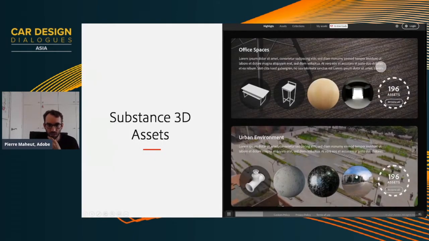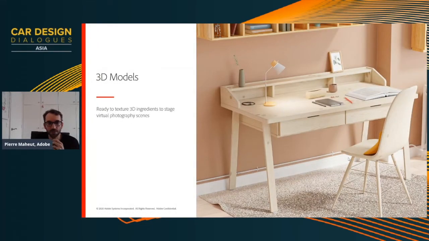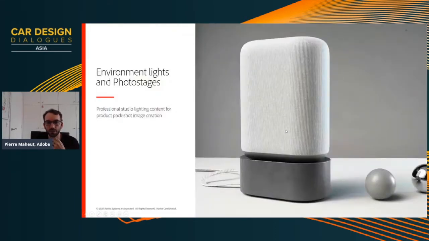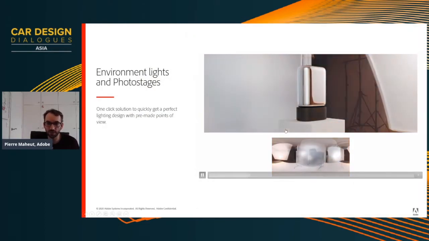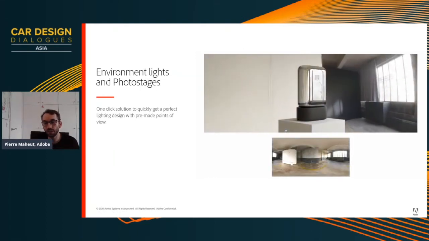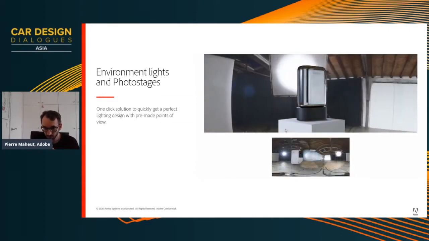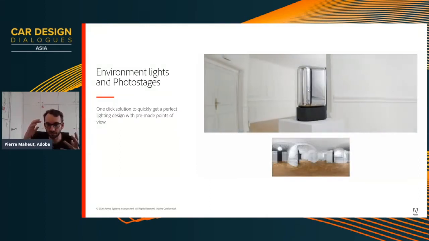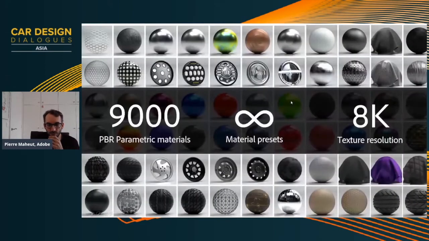To finish, the 3D assets library is definitely key in our offer. We just extended it to 3D models, so 3D models are also directly downloadable from the 3D assets platform. We have also been adding lighting environments by capturing real light studios or real physical environments, warehouse, apartment, etc. And you see how much impact the lighting and the reflection have on the object that here is just standing. Finally, the materials, that's where we are coming from, and that's what we do.